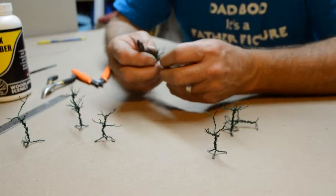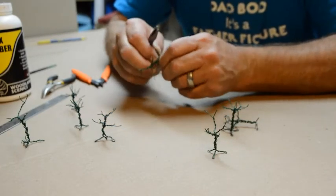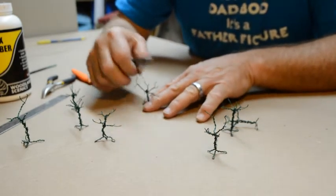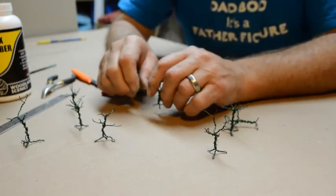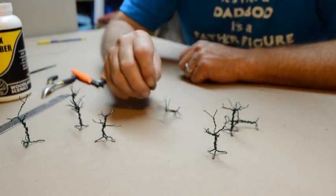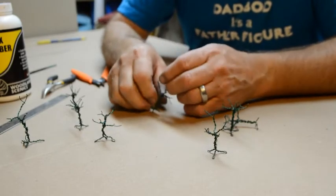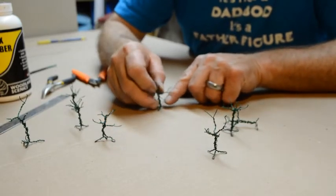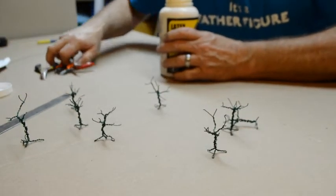Alright, so what I've got now is my tree trunk and my branches. Get my roots straight. And there we go. I've got one ready to be painted now. Where he stands, but that won't matter. Then what I'm going to do